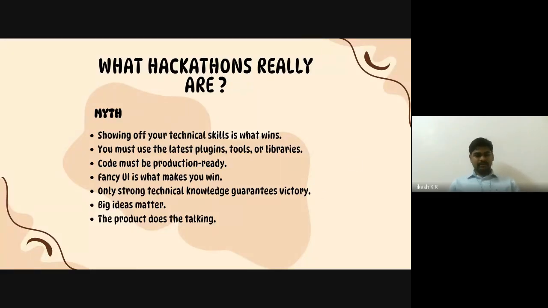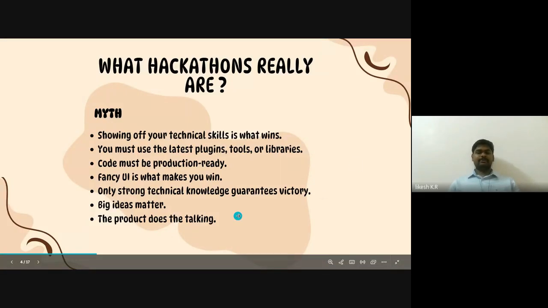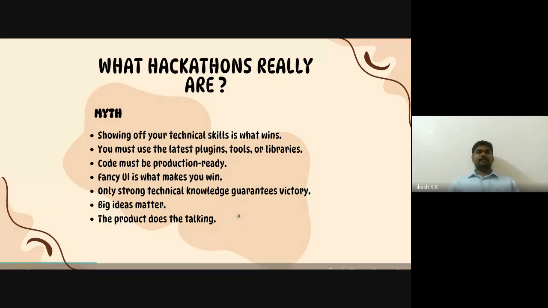And then the final myth would be: the product does the talking. So if you have created a proper website, and you're ready to go, and you go to a judge and just show the web application or the MVP that you have built, that is not the case. You need to explain it to a judge.